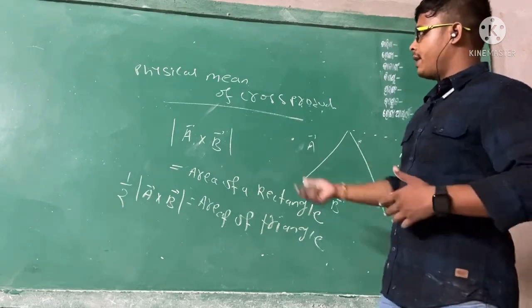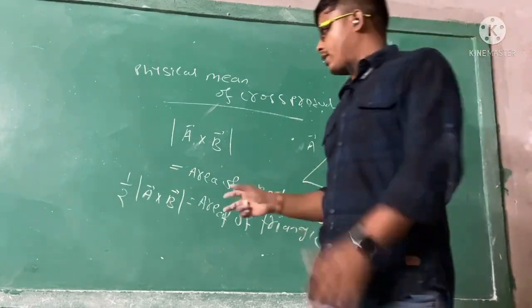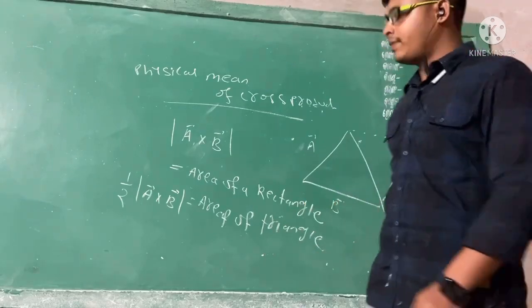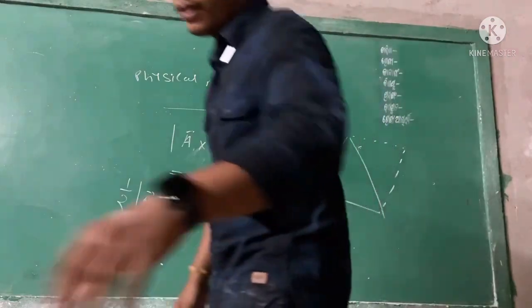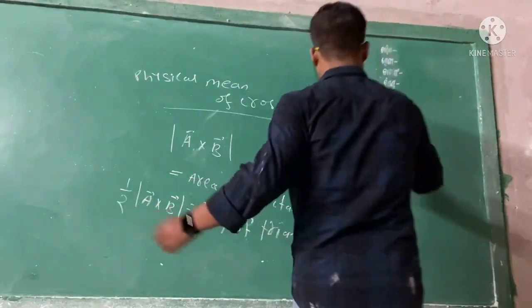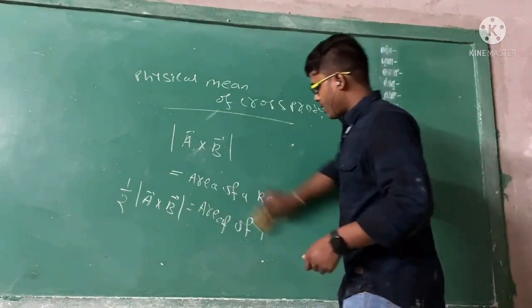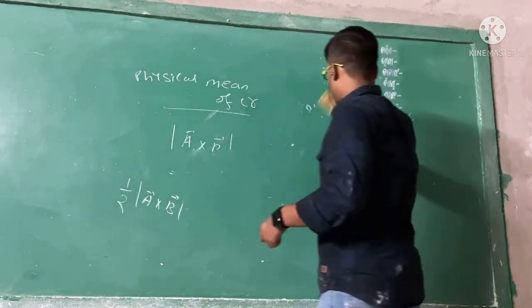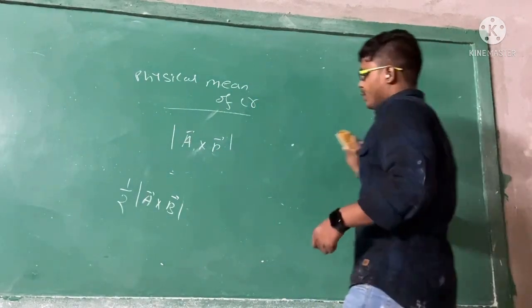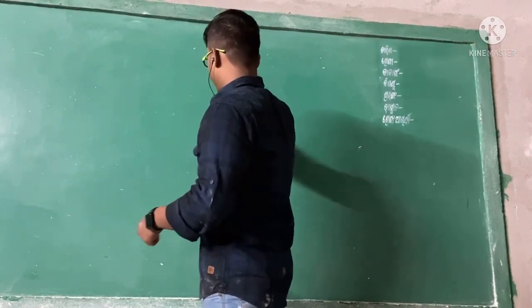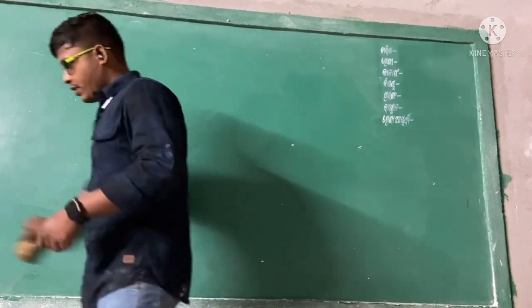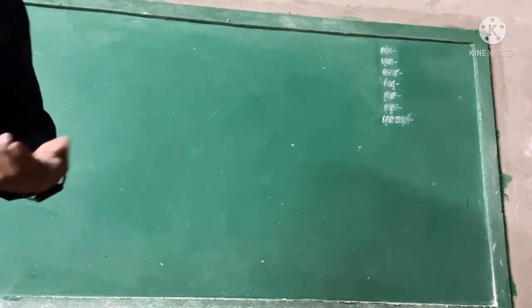So remember the physical quantities. The magnitude of a cross b gives you the area of the rectangle, but half of a cross b will give you the area of the triangle. We will discuss more about the n cap later. In the remaining classes of the vector, we will discuss how i cross j equals k cap, and more about the physical meaning.